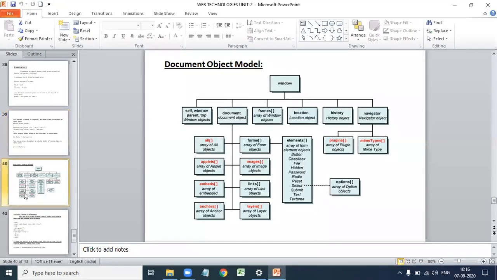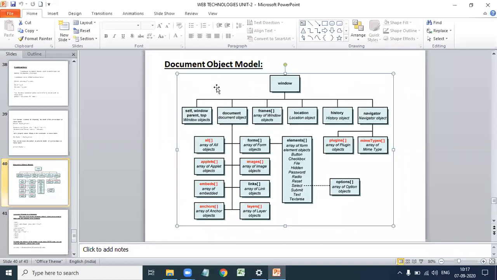Next one is the document object model. Important topic in JavaScript. Here, the document object model is a standard for accessing the documents.